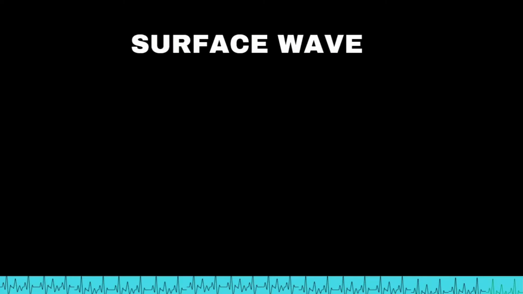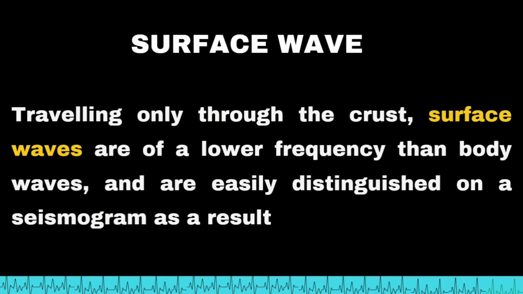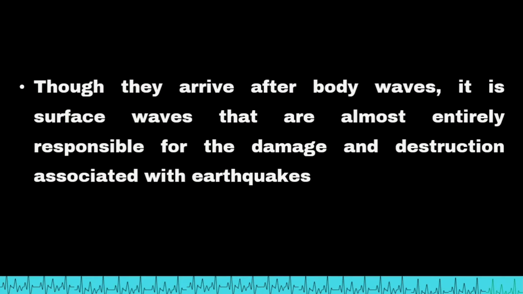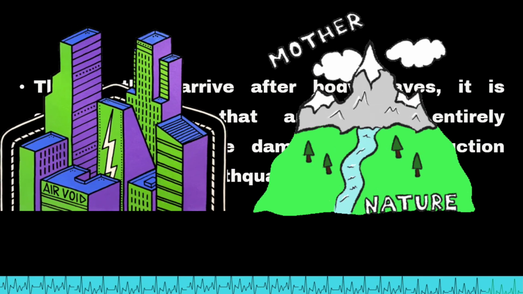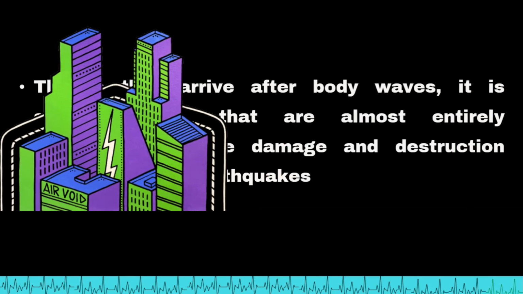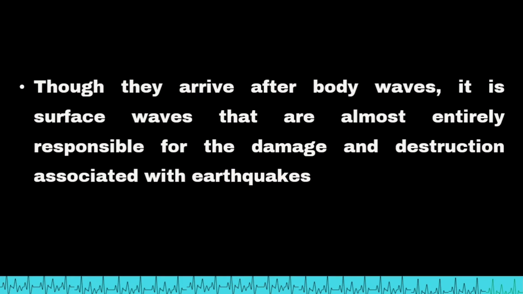In body waves, we have primary and secondary waves, whereas surface waves are traveling only through the crust. Surface waves are of lower frequency than body waves and are easily distinguished on a seismogram as a result. Though they arrive after body waves, it is surface waves that are almost entirely responsible for the damage and destruction associated with earthquakes. So you will be discussing surface waves in deeper detail in grade 10. But I'll just give you the two types of